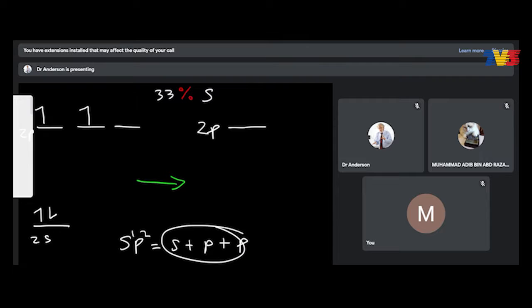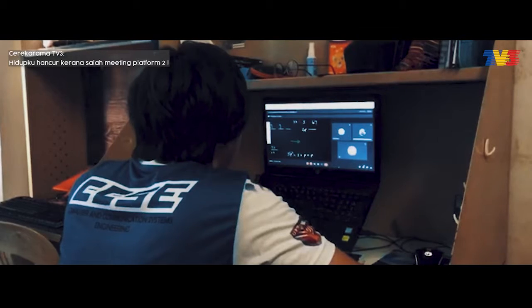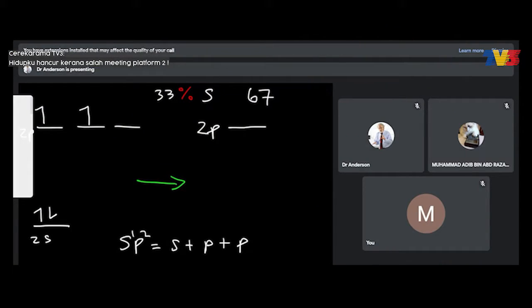Is P. 2 out of 3 is about 67% if you round it. So it's